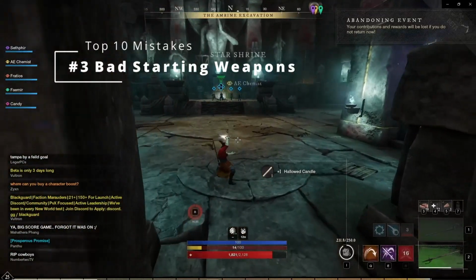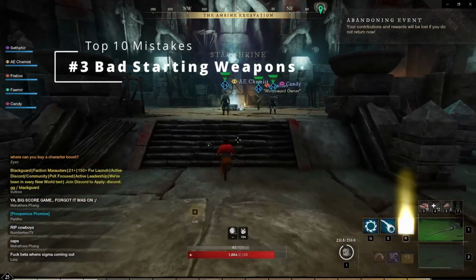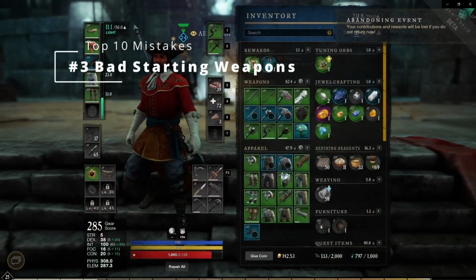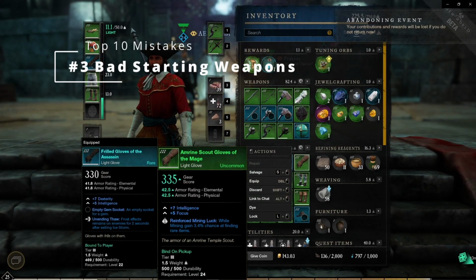Like, let's say you find a really nice dex weapon. It's really high gear score, does a lot of damage. You could swap it up. You could. The early game leveling on the weapons is not very big. Like, it takes forever to get to like weapon skill level 6 or 7, and it means literally nothing because